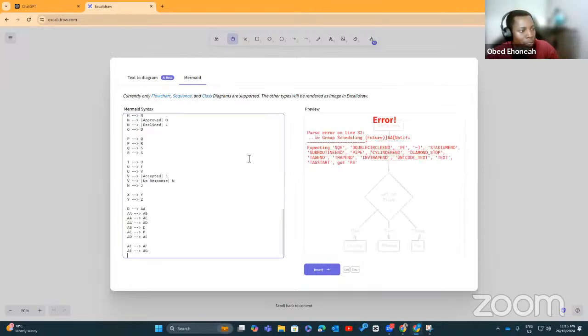But let's paste what ChatGPT gave us. Unfortunately, there's an error, and the error is on line 32. This is the reason why it's important to learn code at least.